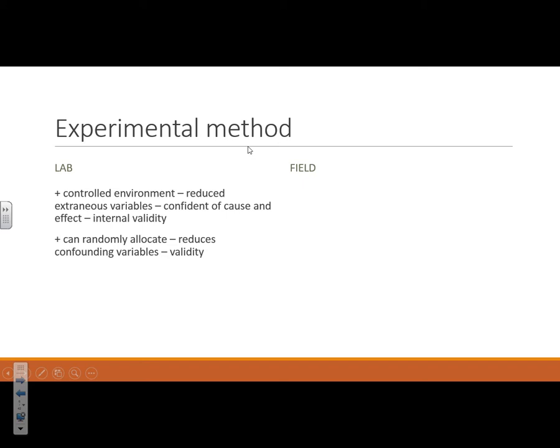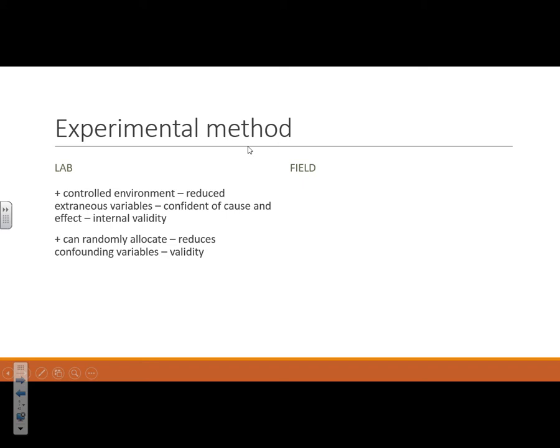So with confounding variables, it would be the idea that, for example, with Sperry's research, you've got split brain patients, so the IV was whether they were split brain or not. But a confounding variable, a variable that varies with whether they had a split brain or not, was the fact that everybody with a split brain also had epilepsy. We don't want to test for epilepsy, we just want to see the effects of split brain, so by not being able to randomly allocate